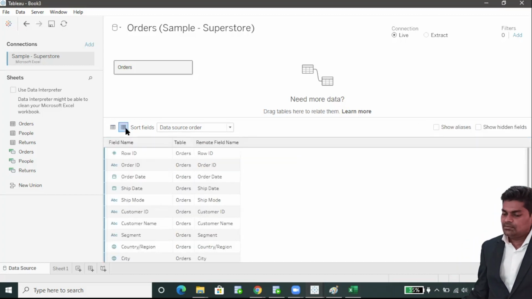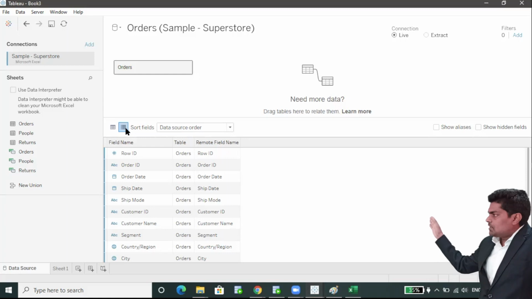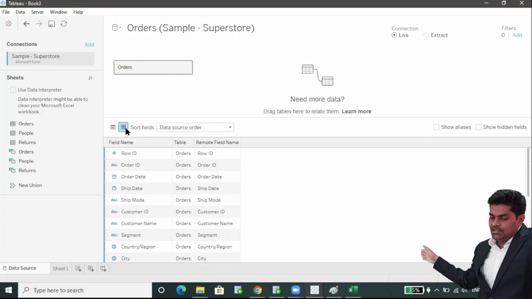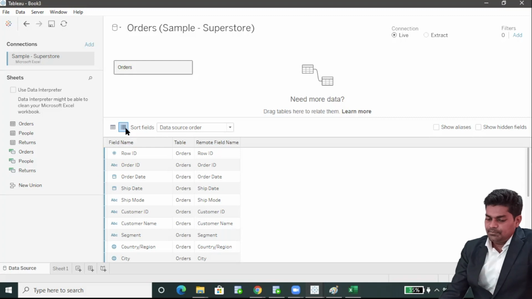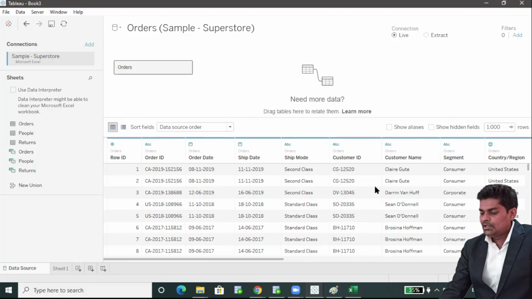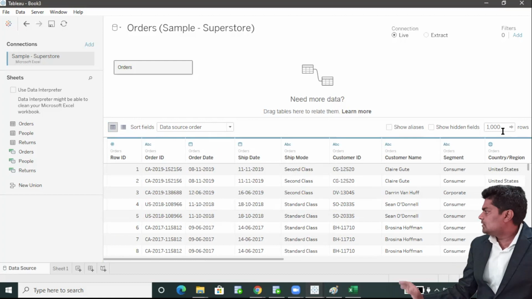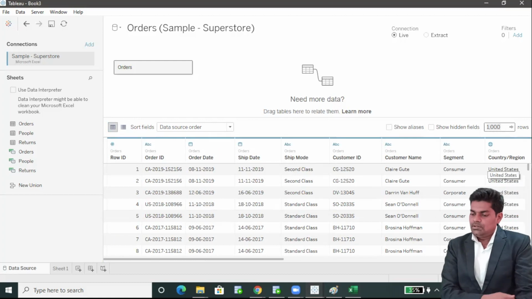Here you can see multiple columns: field names, which are column names, table name, and remote field name. All that information you can get, and here we can get all rows.